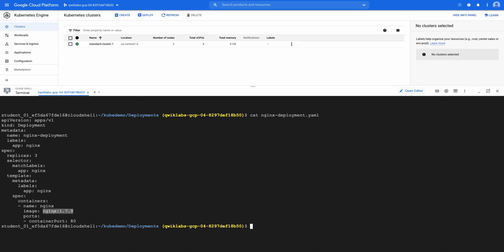So it's going to check in Google Container Registry for this image name, and from there it's going to get this image. Because this image is provided by Google, I do not have to add the project name or the project path. But if you are using your own custom image, then you will have to add gcr.io, or whichever container registry you have posted to, then slash your project ID, and then slash the image name.